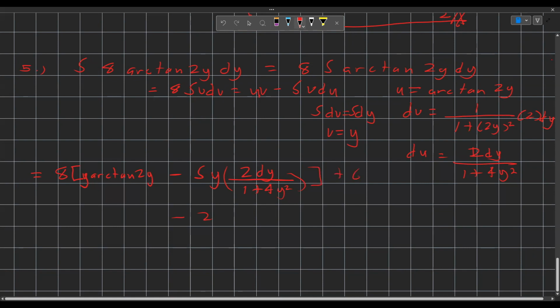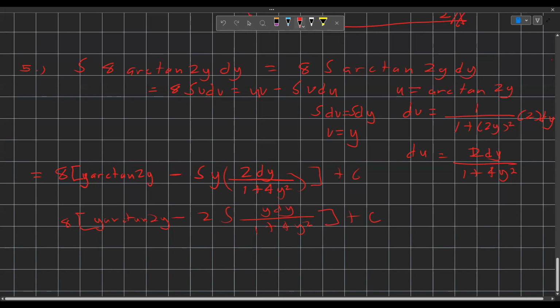We can put 2 outside, which means this is now 2 times the integral of y dy over 1 plus 4y squared. I'll just rewrite it like this: 8y arctan 2y plus c. Now we still have to integrate the second term,